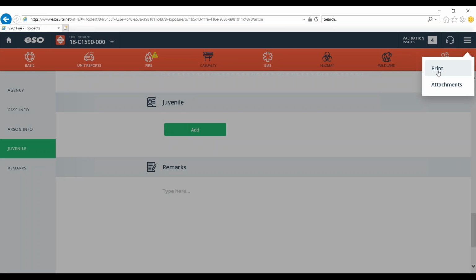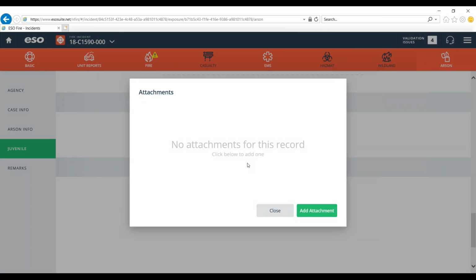When you click on that, you can choose to print the report if you would ever need to. Hopefully you don't, but if you did, you could print the report. And you can also add attachments. So adding an attachment, basically, let's say you have a camera, you take 10 or 15 photos, and you want to include those with this report. Just save them to that computer, click Add Attachment, find the file folder wherever those files are stored, and